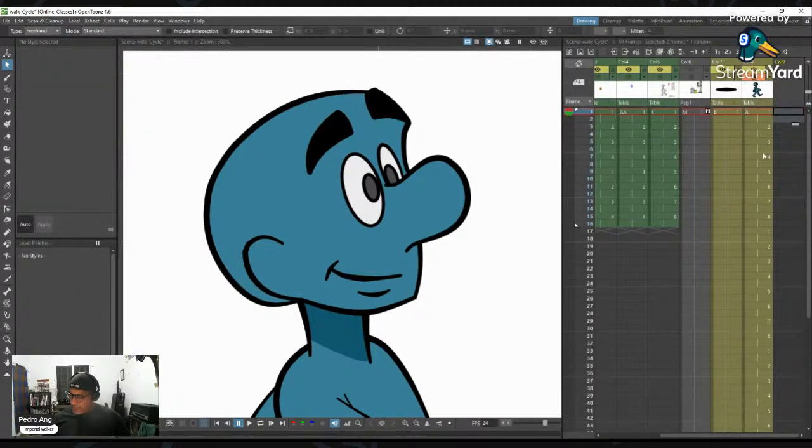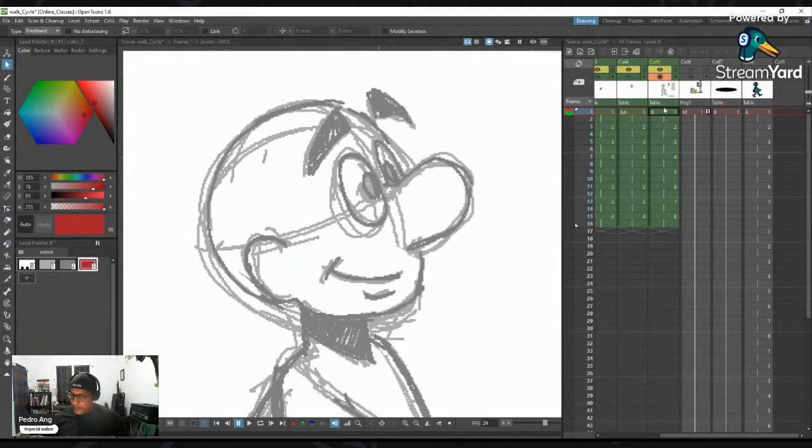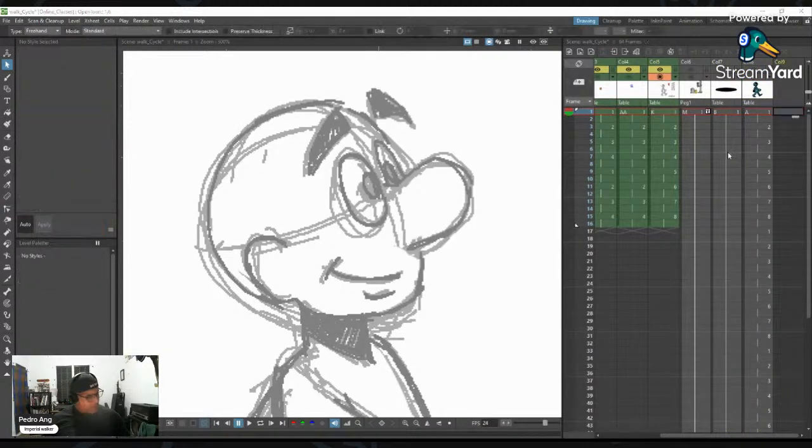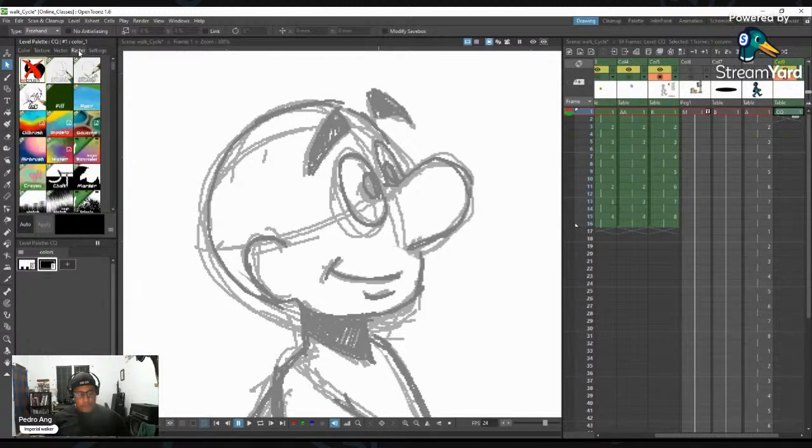If I do another layer here, and let's say I want to clean this up in vector, let's bring this guy up. I'll make a new level, and I say Toonz Raster level. Since this is going to be a cleaned up layer, I choose an ink pencil. For example, I chose ink here, and this is more akin to